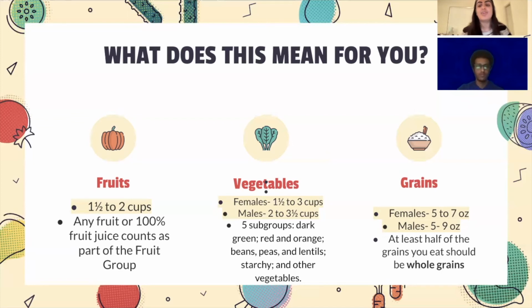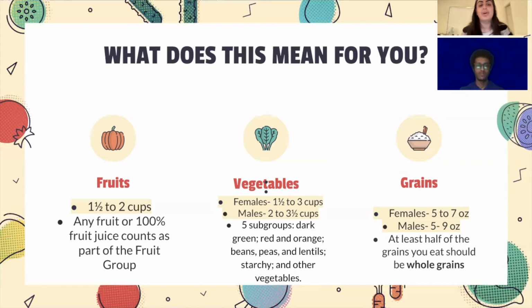Fruits provide nutrients that are vital for your health and the maintenance of your body. And fruits can be fresh, they can be canned as long as they're not in a sugary syrup. They can be frozen, put them in your smoothies. They can be dried, cut up, pureed, cooked. There are so many different ways that you can make your fruits taste really good. And at least half the recommended amount of fruit should come from whole fruit rather than 100% fruit juice. We saw that on the plate, that we should try to have those whole fruits on our plate.